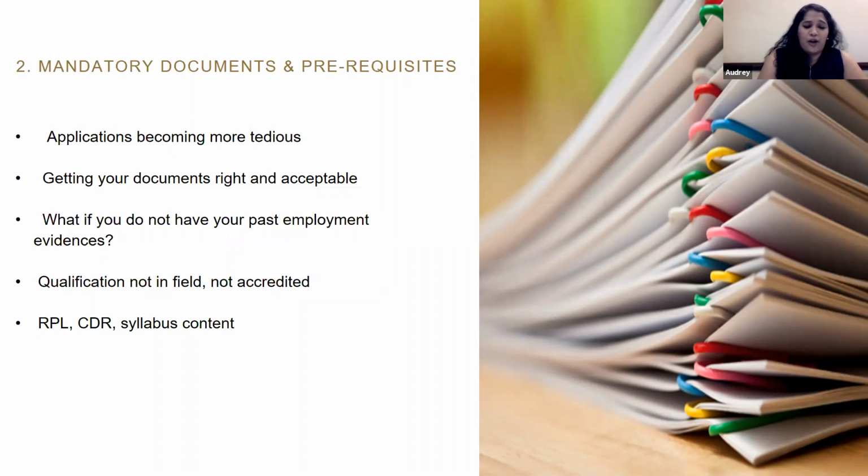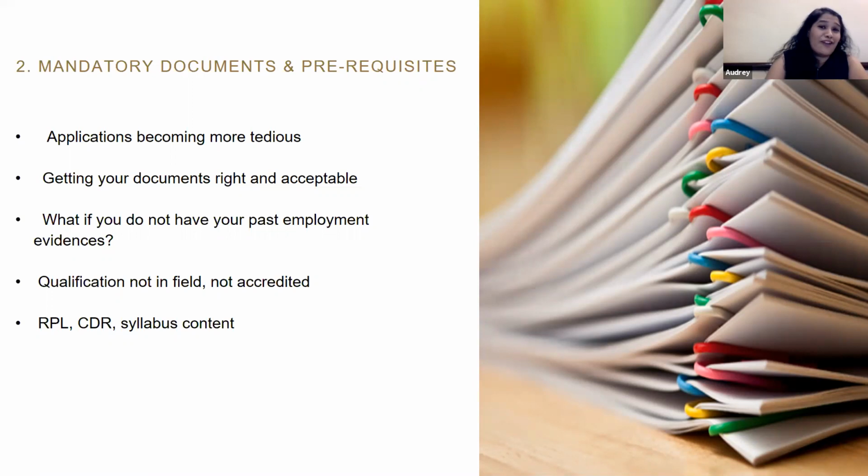And another thing that I always like to share with you all as well is that the biggest headache clients face is when it comes to past employment evidence. See, you can claim points up to the last 10 years, but what happens if you do not have documents for the last 10 years? Do you still have your payslips for the last 10 years? Do you happen to have any samples? Do you have some form of employment evidence for the past 10 years? Being human, it's very normal, right? If you ask me, there are also some records that I don't have, because you tend to move home, you tend to discard, you do some housekeeping, it's natural.